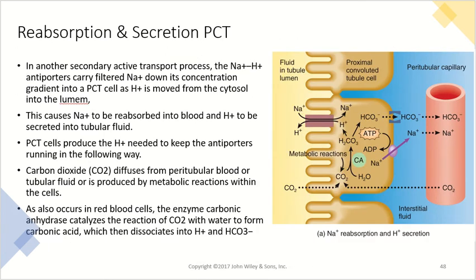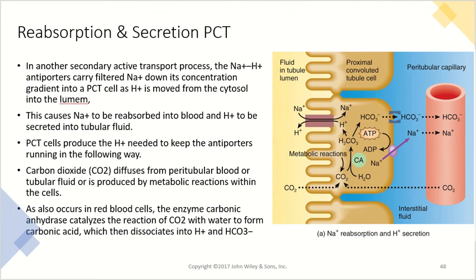Next, we have the reabsorption and secretion that's going to take place in the proximal convoluted tubule. So, in another secondary active transport process, the sodium-hydrogen antiporter system is going to carry filtered sodium down its concentration gradient and into the proximal convoluted tubule cells, as those hydrogen ions are going to be moved from the cytosol into the lumen. This causes the sodium to be reabsorbed into the blood, and the hydrogen can then be secreted into the tubular